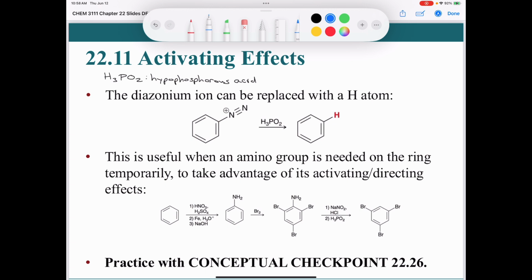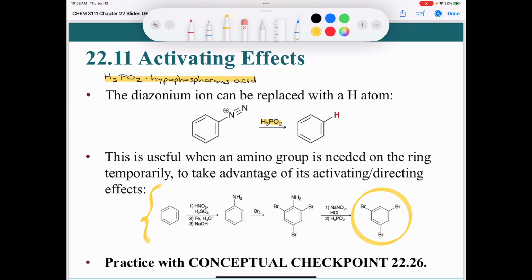If you take your diazonium and you treat it with hypophosphorous acid, so that's H3PO2 shown here, the diazonium salt gets replaced by a hydrogen atom. And this is useful when an amino group is needed on the ring temporarily to take advantage of its activating or directing effects. Now, this is a very specific example that he puts in the textbook. But let's say you wanted to make this very specific compound,